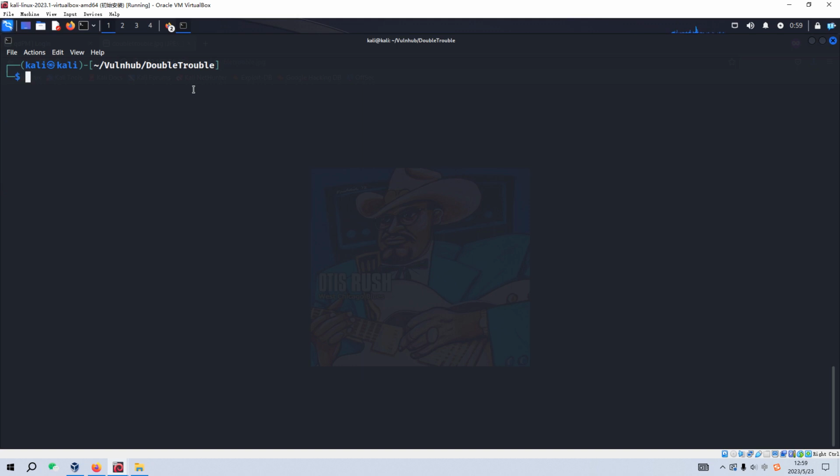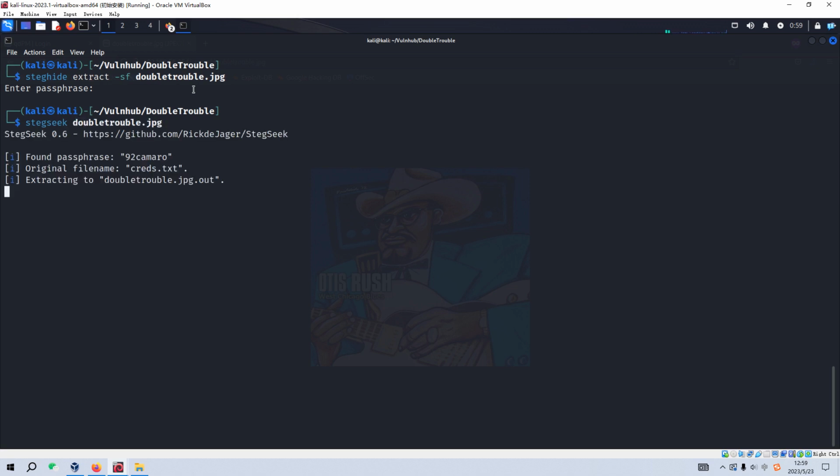Yeah, and now we need to see whether this image has hidden information, and we can use the steghide utility to extract information, but it's passphrase protected. It's okay. We can use another tool, stegseek, to crack the password and extract the content of this image. Yeah, immediately we have extracted the content into another file. We can cat